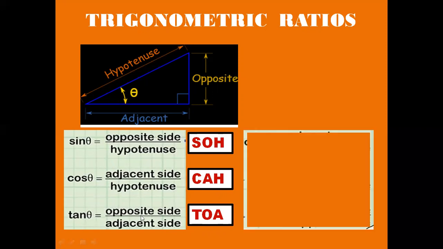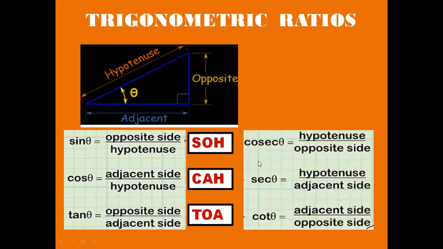And not only sine, cos and tan, you can also recapitulate the formulas of cosec theta, sec theta and cot theta. We know sine theta and cosec theta are inverse, and cos theta and sec theta are inverse to each other, and tan theta and cot theta are inverse. But how do you remember that sine theta and cosec theta are inverse, but not sine theta and sec theta? You can remember by one trick.